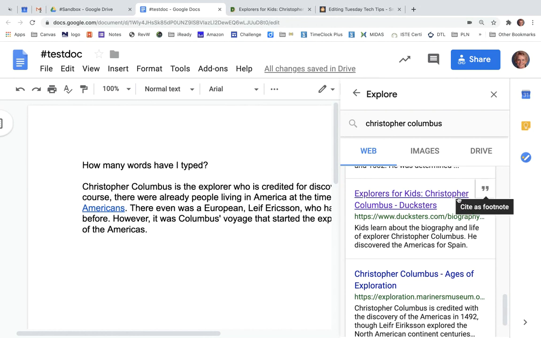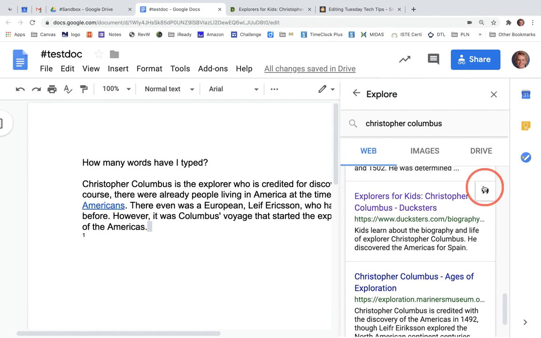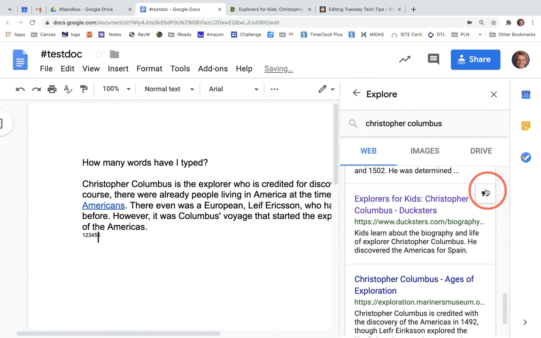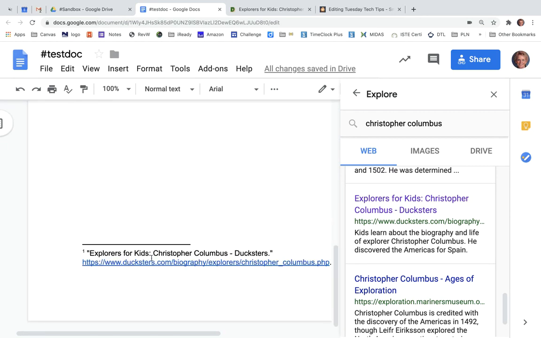And I'm going to go back to where I found that article before I close that Explore pane and click on Cite as a Footnote. And I should have been right here in my text. I'm going to try that again. I don't know why it wants to put that underneath it. Now I'm citing it multiple times. Finally, I put it in the right place. So it's going to cite that, and then you'll notice at the bottom of my